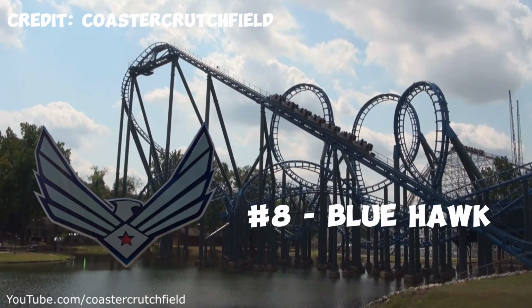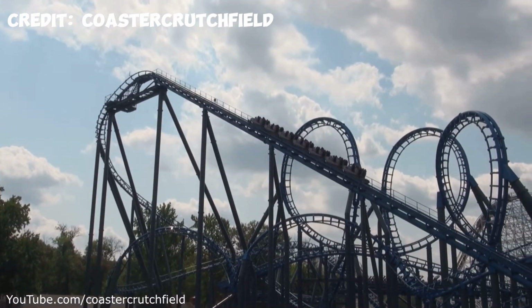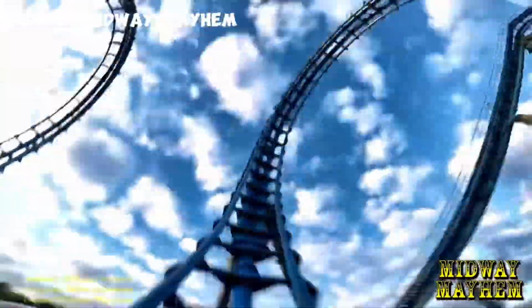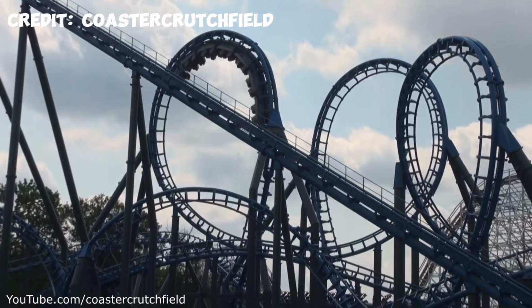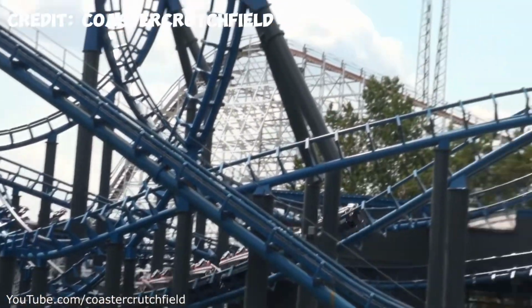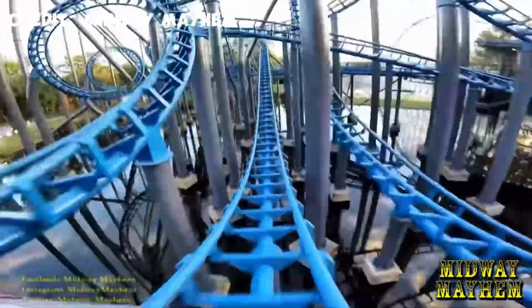At number 8 is Blue Hawk, and Blue Hawk is a Vekoma Looper. The correct model name is an MK 1200, and it's basically just a looper, and you never get any bad wait times on this ride. I've heard some people say that this ride was a very, very uncomfortable ride to ride when it was